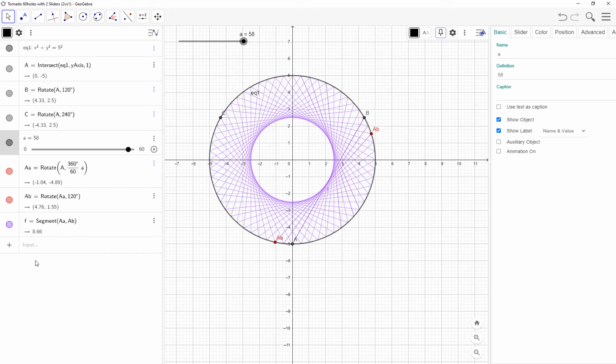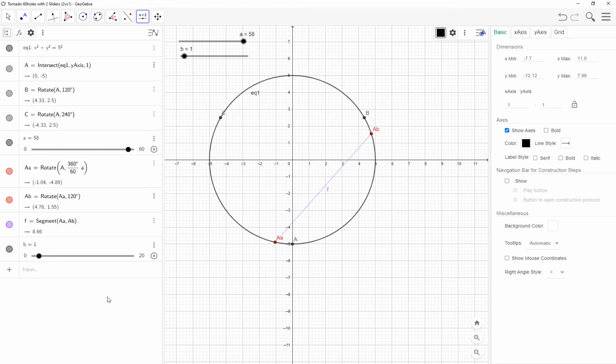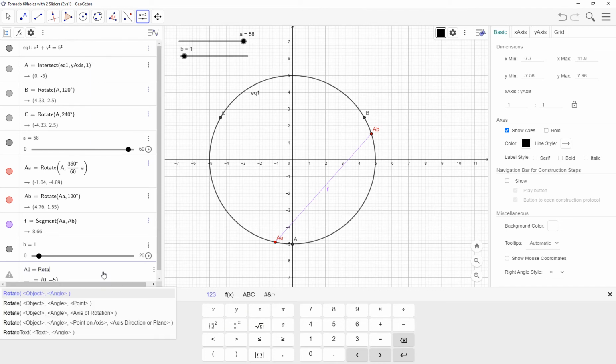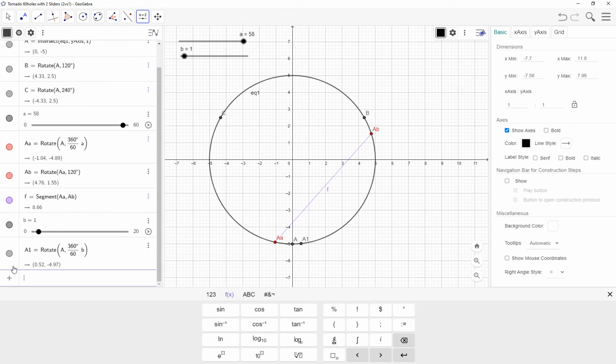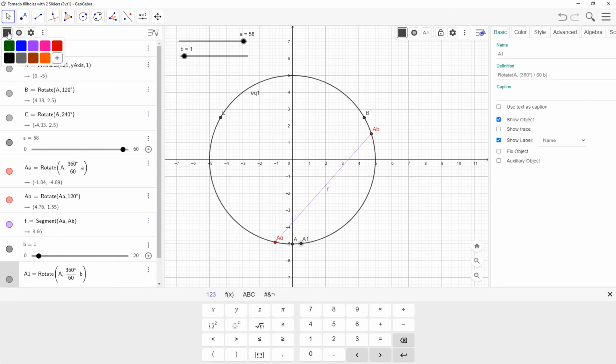The second part is the same as the heart pattern, but we will just weave 20 times until this curve reaches the purple circle. So let's make it. First I set up slider B. Slider B is from 0 to 20 as I said, and increment will be 1. So let's set up B and I will make one more point, A1. A1 is rotate A, 360 degrees divided by 60 and multiplied by B. Let's go back to move mode for easy operation, and I click A1 and change this color